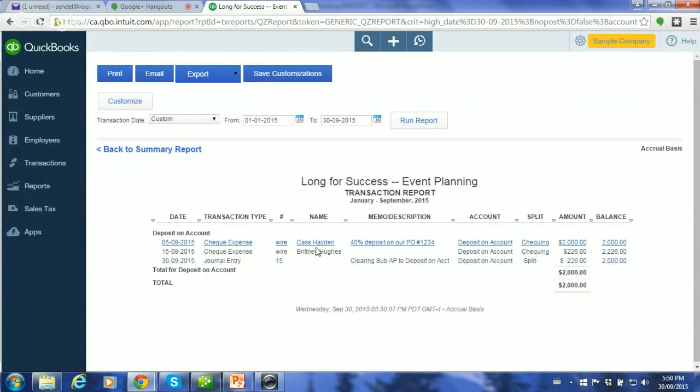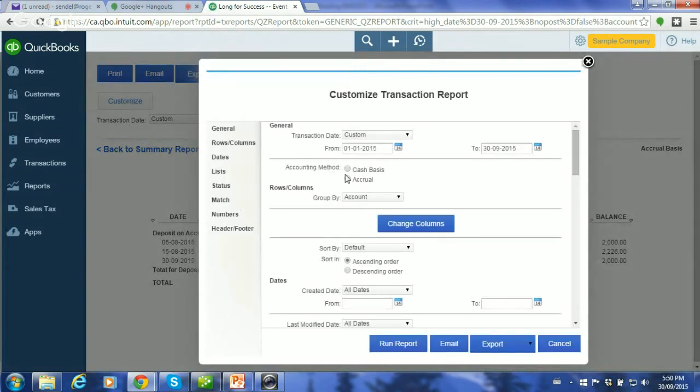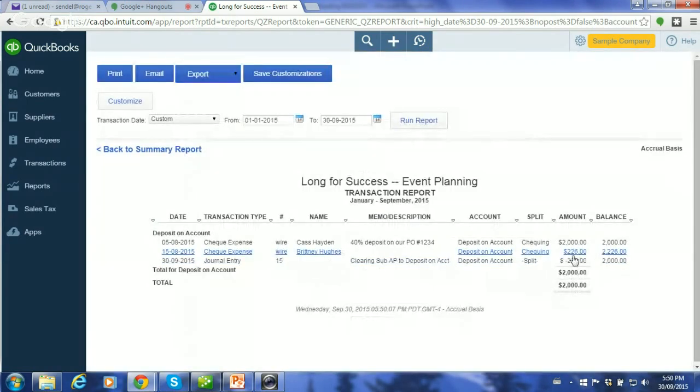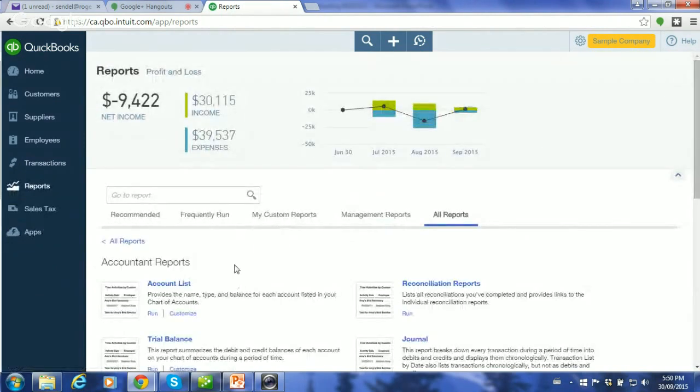I can customize this report if I want to. So I can come in here and make different selections along the way and actually ferret out what has been reconciled. Another, I guess, a better, clearer example of how to use customization. Let me just go to that quickly. We're going to go back to reports. It's easier to see on a sales report.